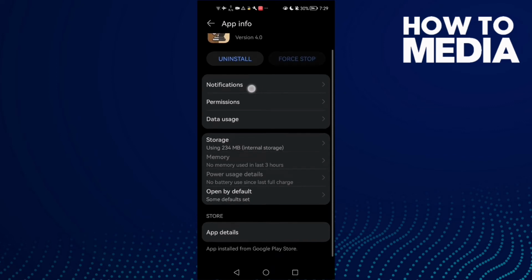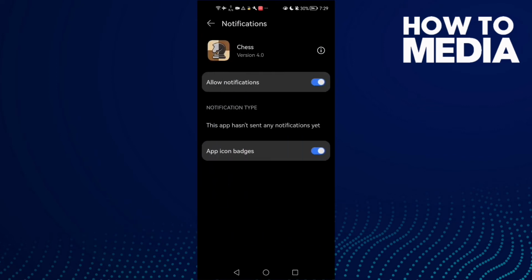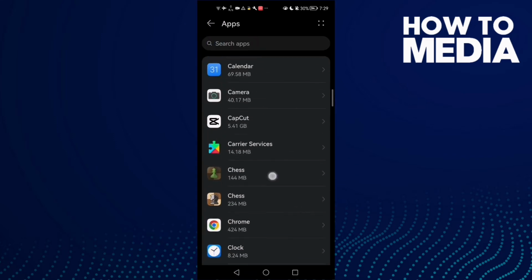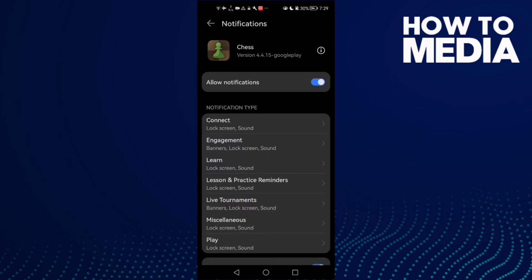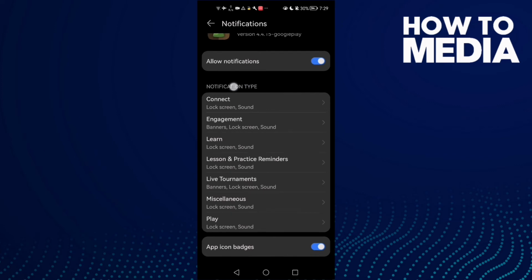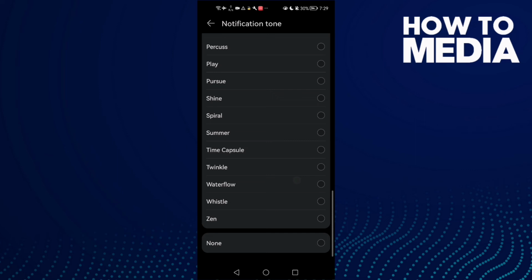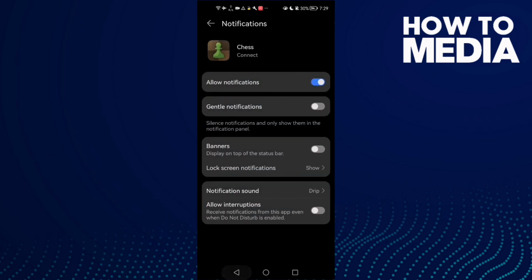And then just click notifications, and not this one, let's select another app like chess. And now just as you see here, you can find notification type, and you can change any notification type sounds, and here we can find it, notification sounds, and select it, select any sound you want, and then just go